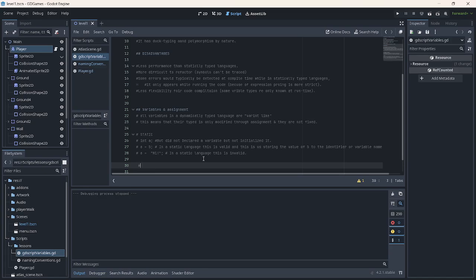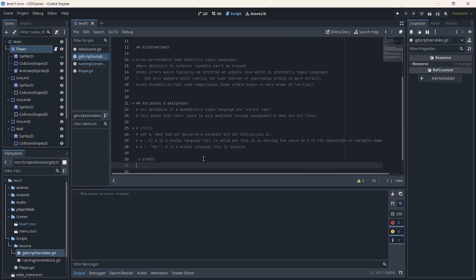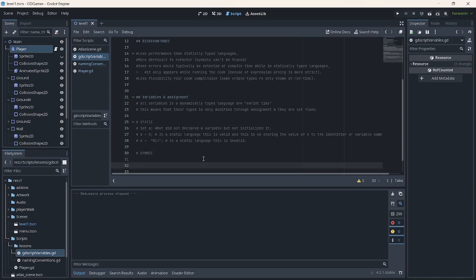Now, what if it's a dynamic language? Things to take note of when it comes to dynamic language. Let's say, for example, we have a var a.